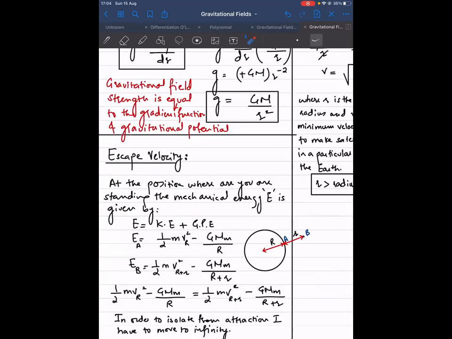Now let's talk about escape velocity. So at the position where you are standing, the mechanical energy E is given by this. अच्छा, at any point wherever you are standing, either within the earth or outside the earth, ठीक है ना? So you can encapsulate all that